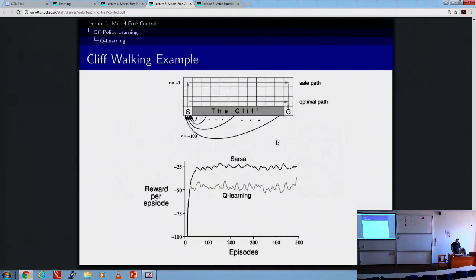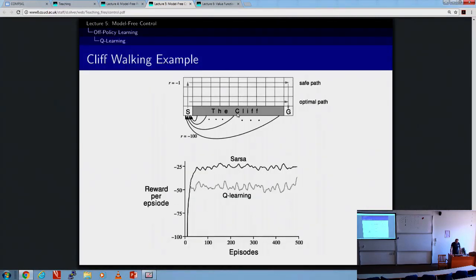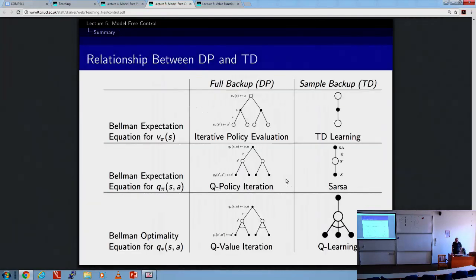Okay, so these things are sort of similar to each other, and here's a little problem. The problem itself isn't important. This graph is a bit more important. It's basically saying Q-learning beats SARSA in this particular example. Okay,